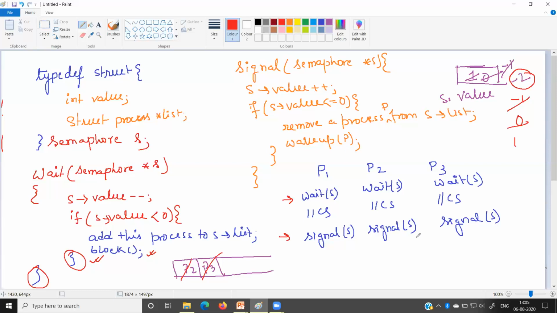Okay. Now there are some small but important points we have to consider. This semaphore-based algorithm is basically used by the application-level programmer to solve the critical section problem.